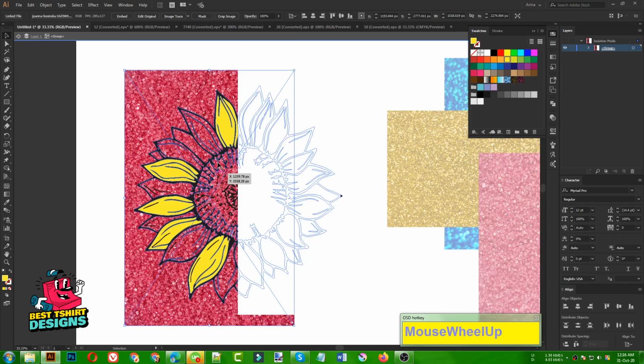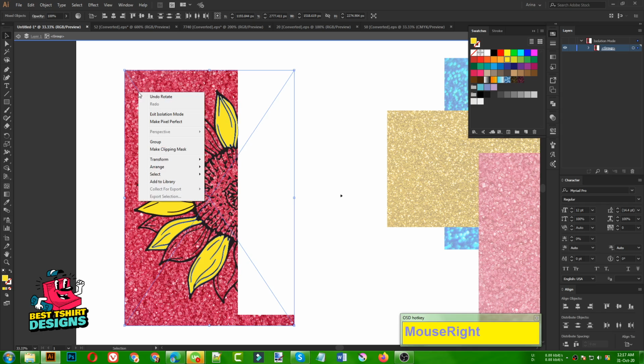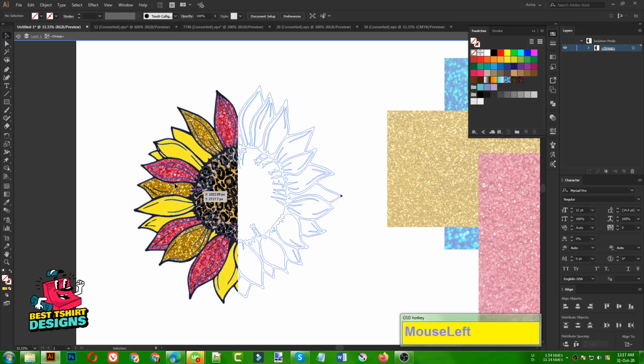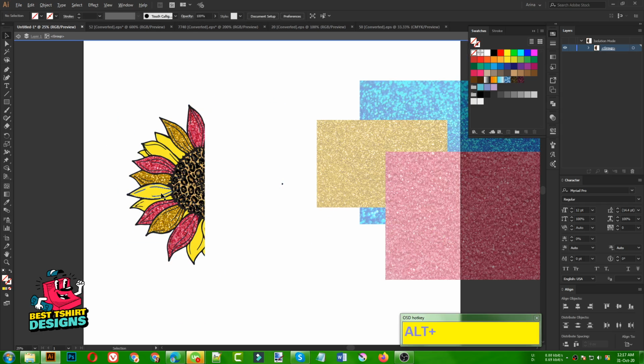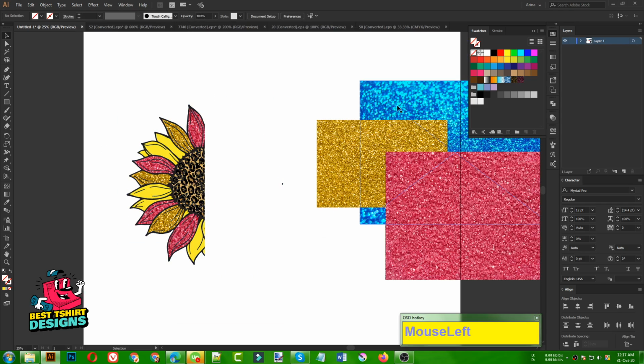So once my glitter is selected, I can press shift and click here. It will select these three parts and the glitter. Let's right click, make clipping mask. As you can see, it is working totally fine. So let's do it again. Select this one,